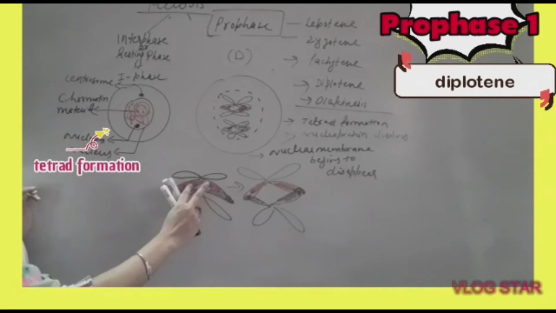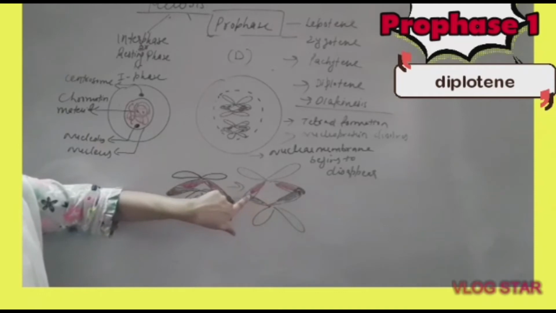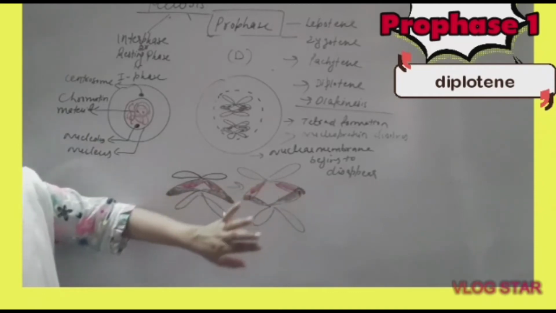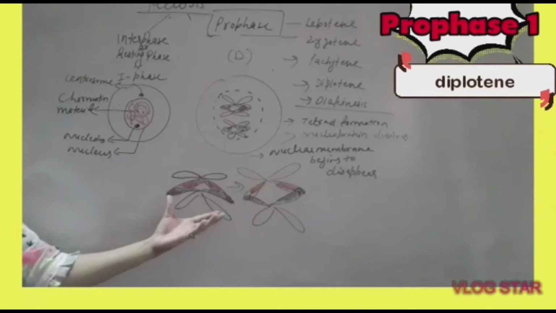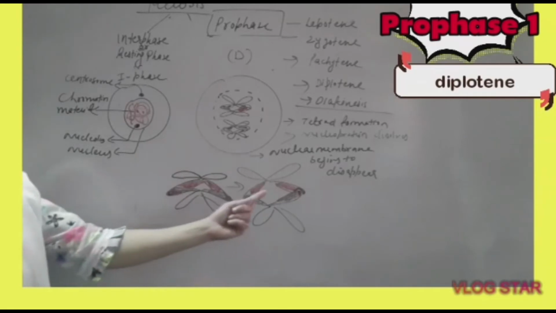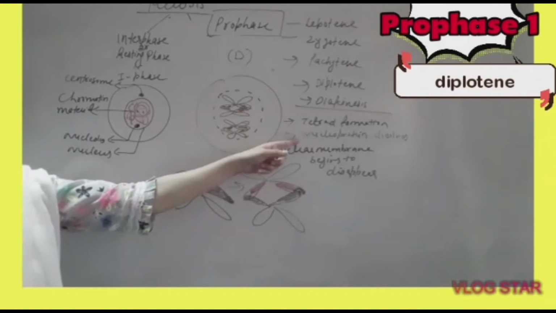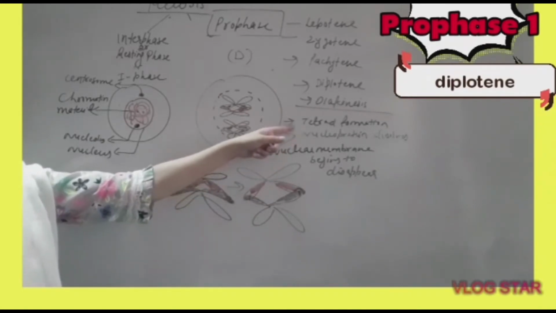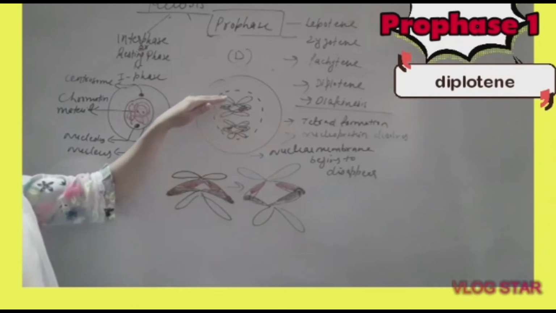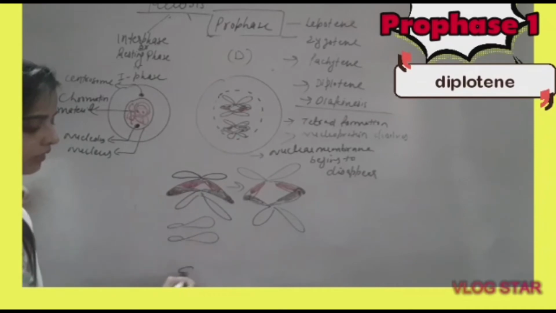So when it gets dissolved, it starts to separate. So this area of nucleoprotein is less. Nucleoprotein has only this side and this side. In packaging stage, the chromosomes are overlapped to a greater extent because of the nucleoprotein complex. Here in diplotene stage, this area dissolves. So I have written nucleoprotein complex dissolves, and thus results in the formation of tetrad. Tetrad means these chromosomes also can get separated, and they appear like separate chromosomes. So it appears like tetrad formation.